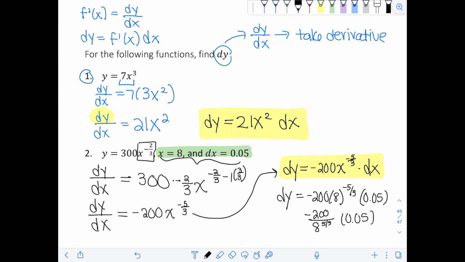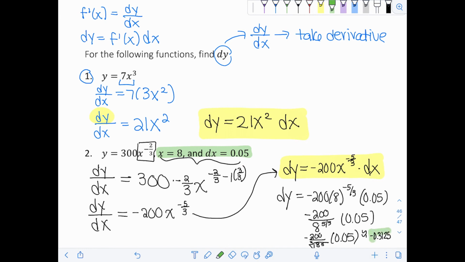You can also rewrite it in radical form, and so if you have 5/3 as the exponent, that actually means the exponent part is 5 and the radical part is 3. So that's the same thing as saying the cube root of 8 raised to the power of 5. And when you plug that in, you should get negative 0.3125